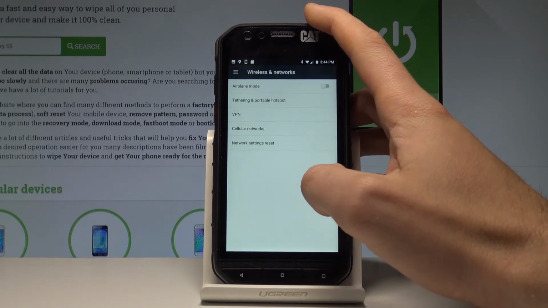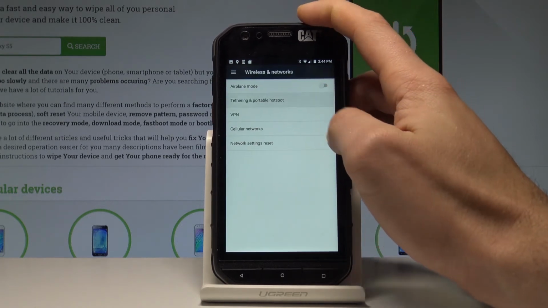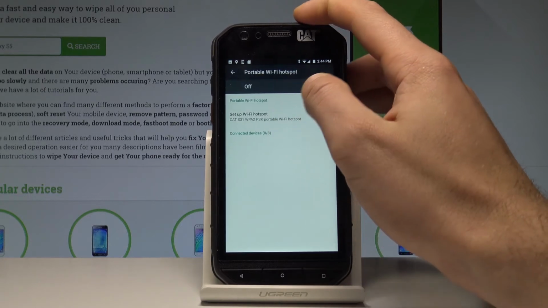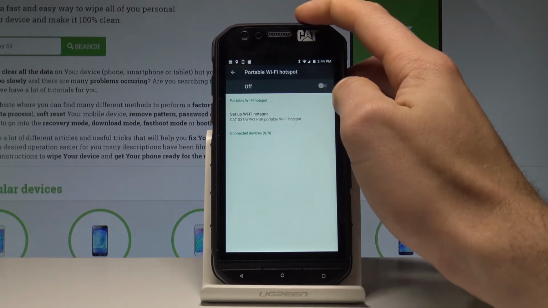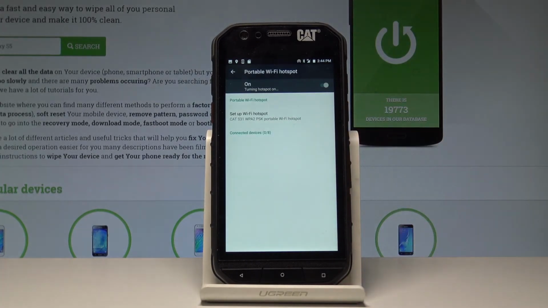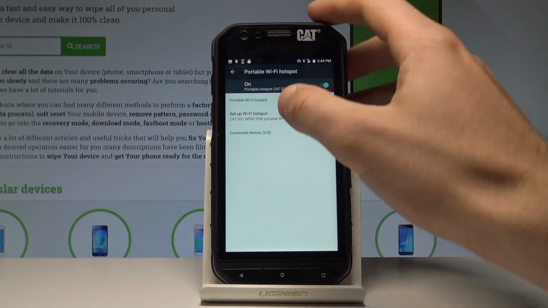Here choose more and select tethering and portable hotspot. As you can see, you can choose here the portable Wi-Fi hotspot and you can enable this by using this switcher. Right now tap OK and the device is switching on the portable hotspot. Now you can use it, or you can also set up the Wi-Fi hotspot by choosing the setup settings right